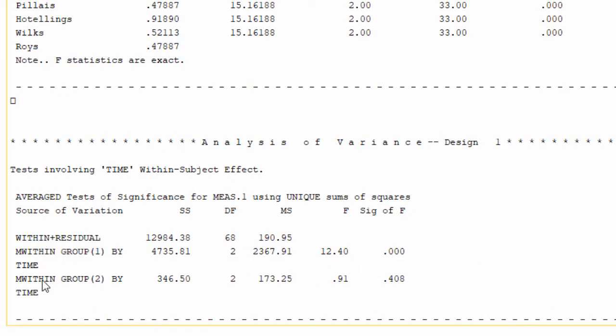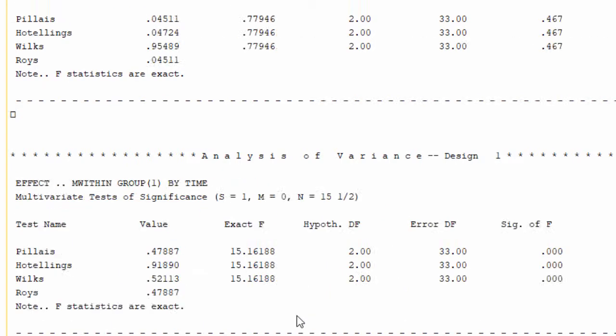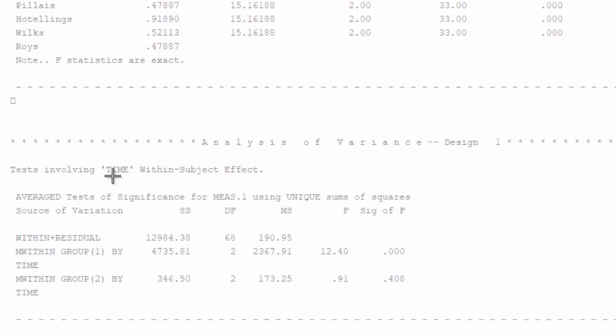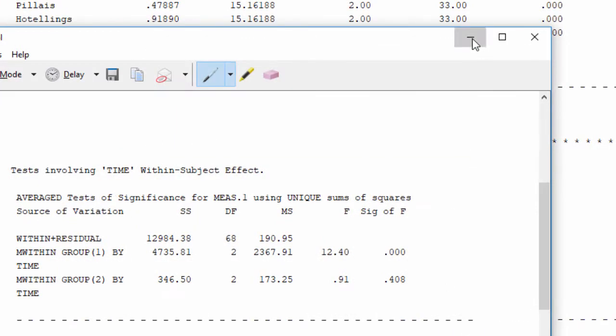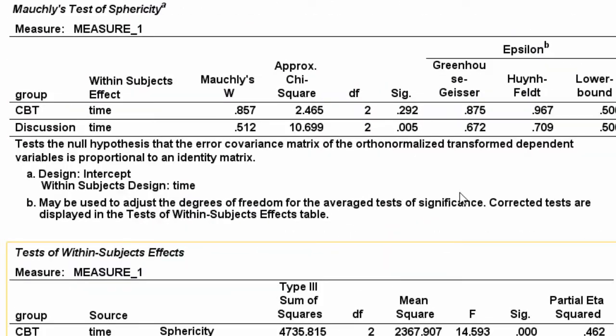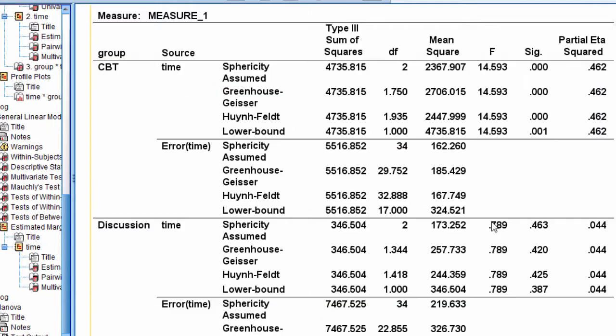By contrast, when examining the discussion group, it was not found to be statistically significant. F equaled 0.91, p equaled 0.408. These results are not terribly different to what was observed in the separately estimated ANOVAs. I'll just take a snapshot of that. And then I'll scroll up to the separately estimated ANOVAs. So the separately estimated ANOVA, just the CBT group across time, pre-test, post-test, follow-up,